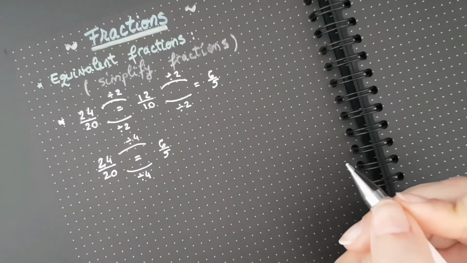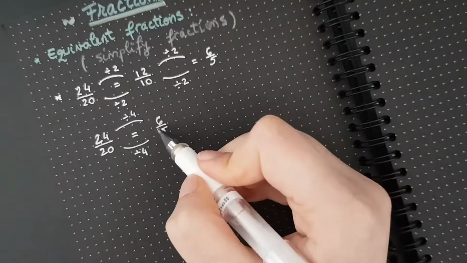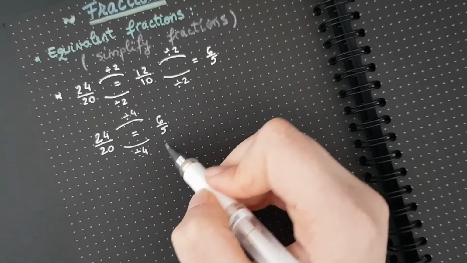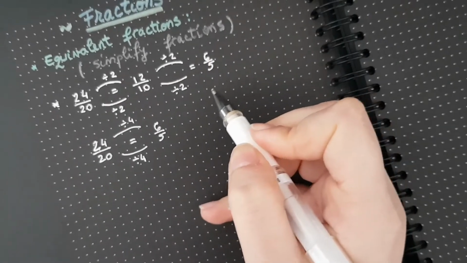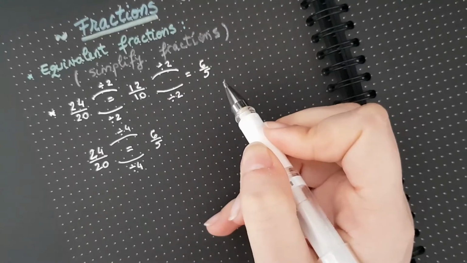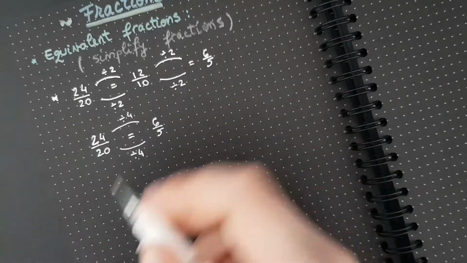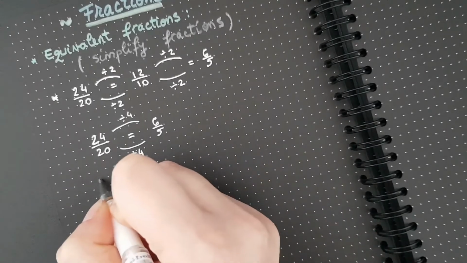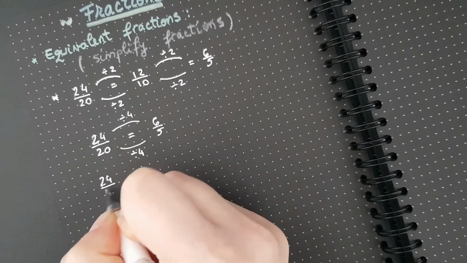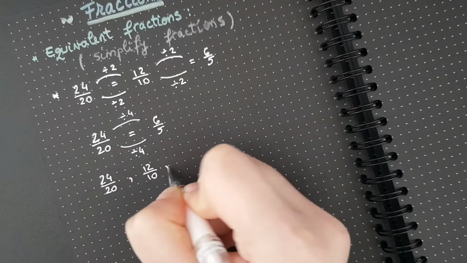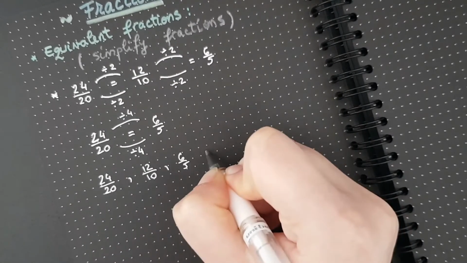And that's fine. So both of these methods of simplifying are fine. So just play with it. Know your times table and make sure you try as many methods as possible until you get to the fastest one. And as I wanted to say, we've got 24 over 20, 12 over 10, and 6 over 5